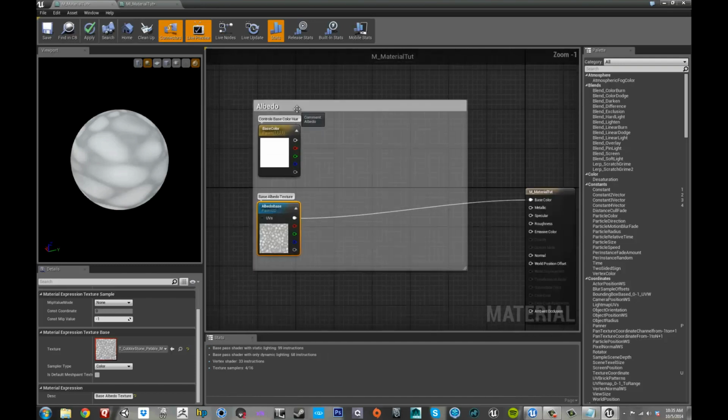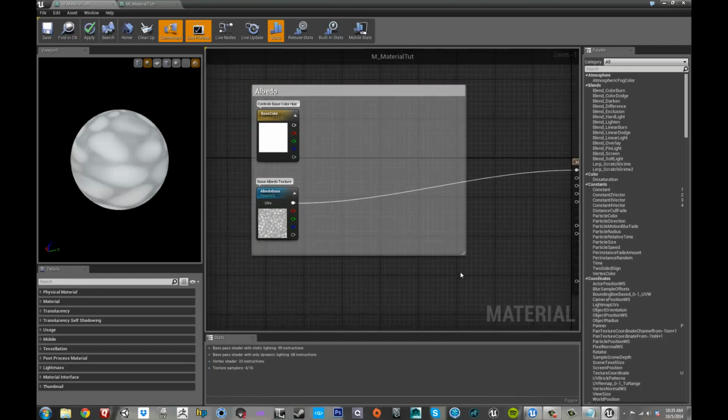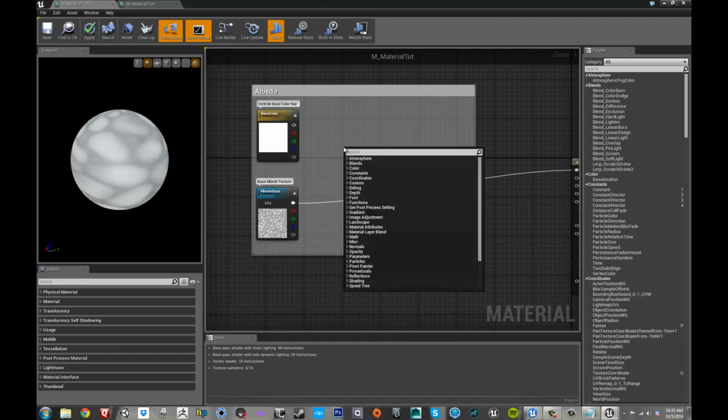Alright, so finally, before we move on, we want to talk about how to choose between these two things. So how do we let the artist choose between using a base color and albedo? Well, this is actually really simple, so we'll give ourselves some extra space here, and we'll right click and start to type in static. Alright, down here we can see static switch, which is what we want, but again, that's not going to give us the ability to update it in the material instance,